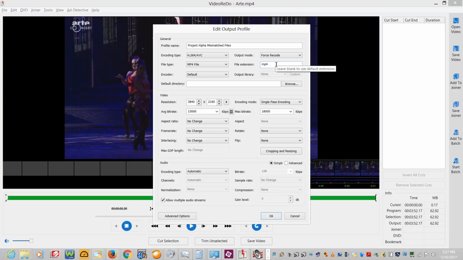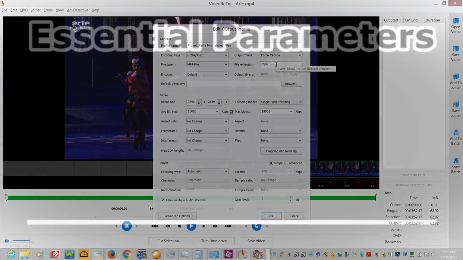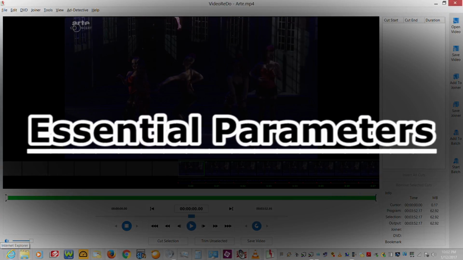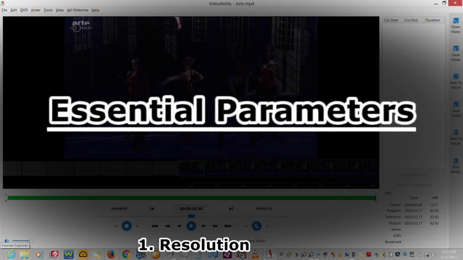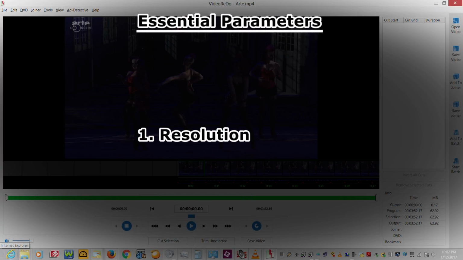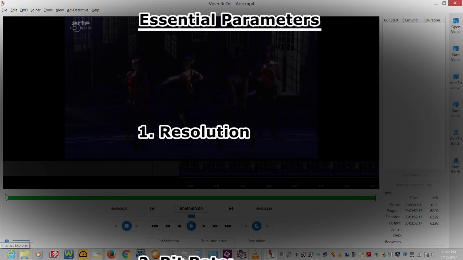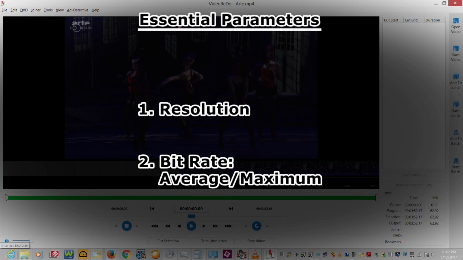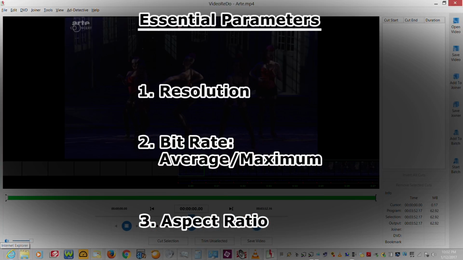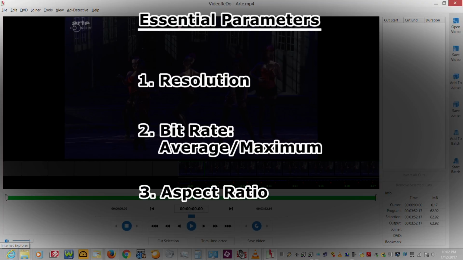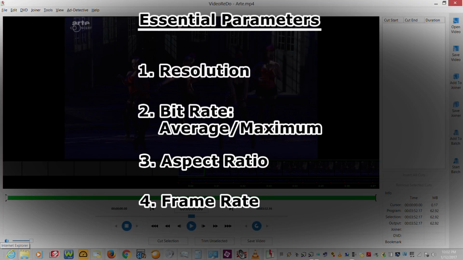In addition to the encoder selection, which happens automatically as a result of whichever profile you pick, they recommend that you match the following dozen parameters. Those dozen parameters are the resolution, the average bit rate and maximum bit rate, the aspect ratio, the frame rate,